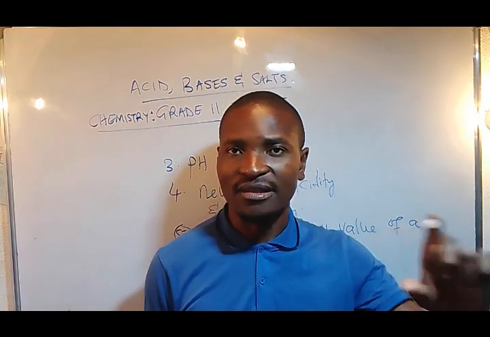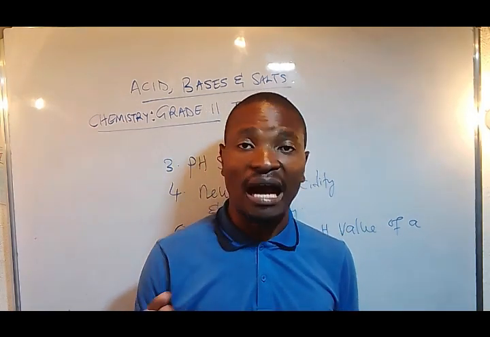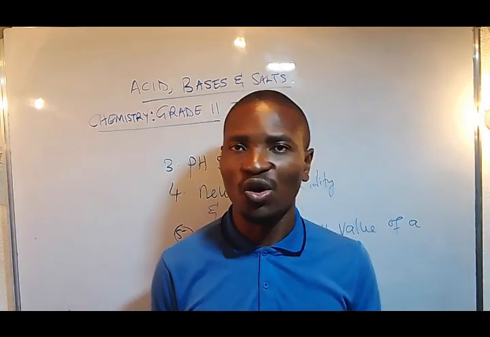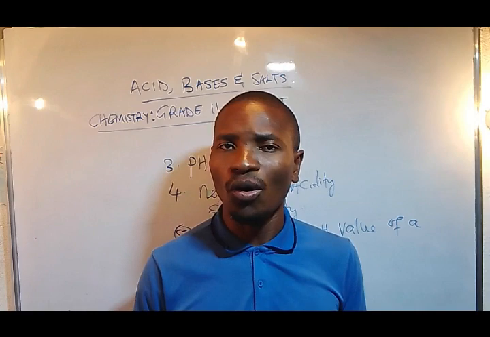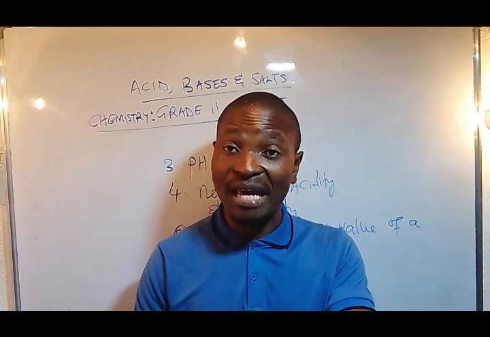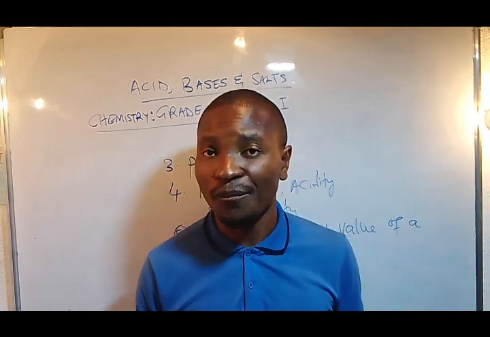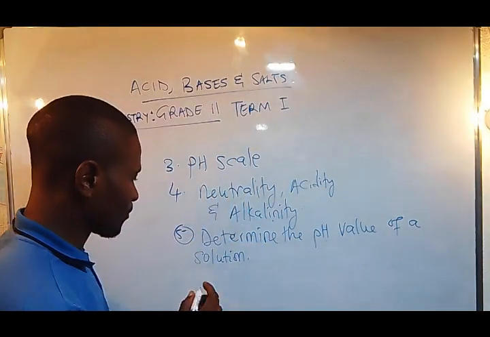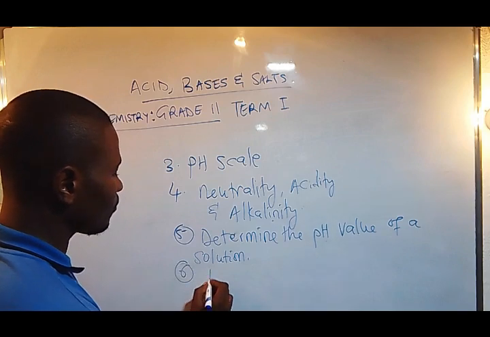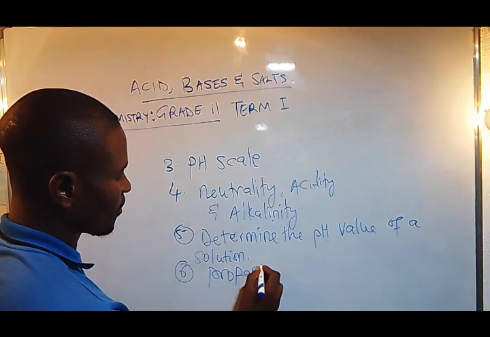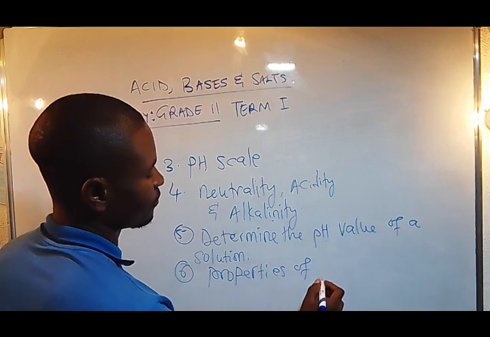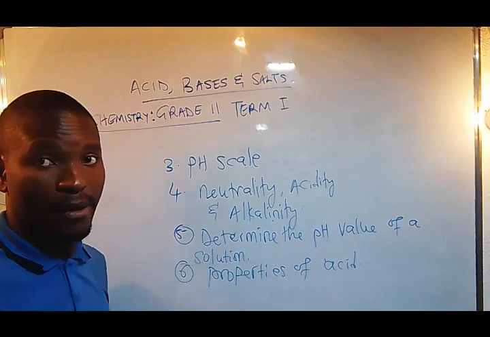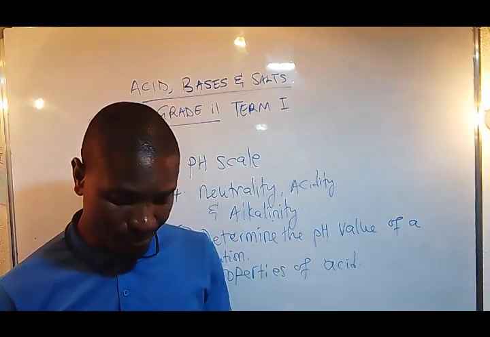So the acids have, for example, a sour taste, or they burn clothes, or they can eat up metals or any substance. They can burn your skin, all sorts of properties. So that's objective number 6. So, properties. And the other thing that